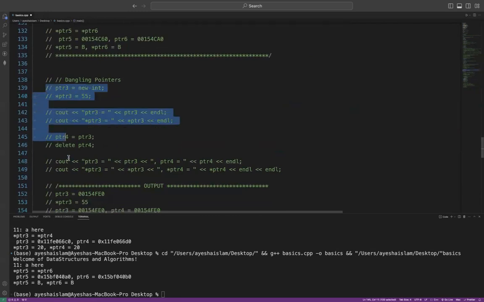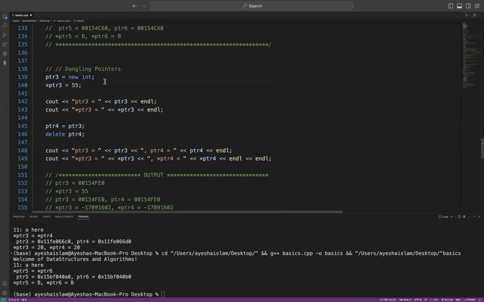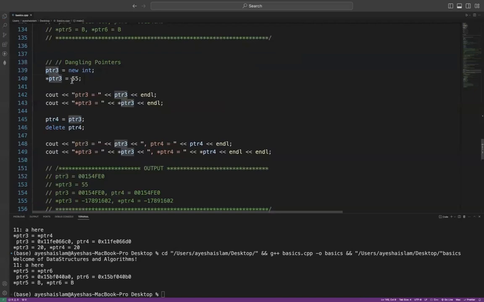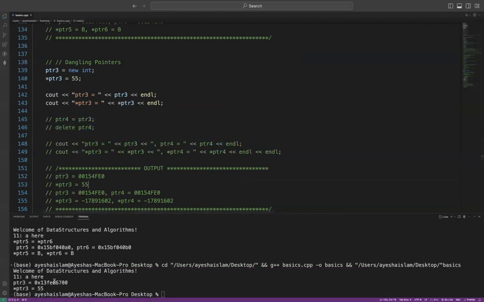Now, with this becomes the problem of a dangling pointer. So a dangling pointer could be thought of as this, that we have a pointer 3, which is initialized as a new integer. So again, we're sort of assigning a new memory location to this specific pointer. And we're saying the pointer 3 now points to 55. So the value in it is 55. And if we print this out, we get pointer 3 as this specific memory location, and जैसे expected था, we got 55 as the dereference value